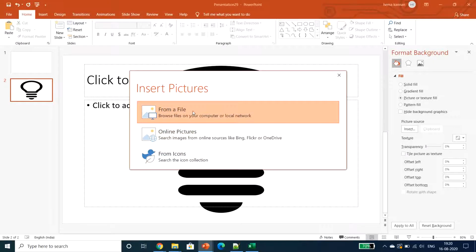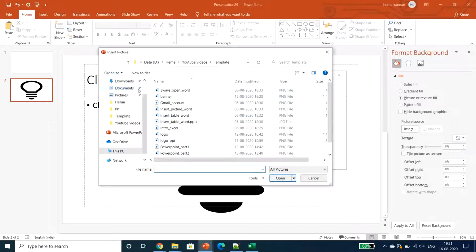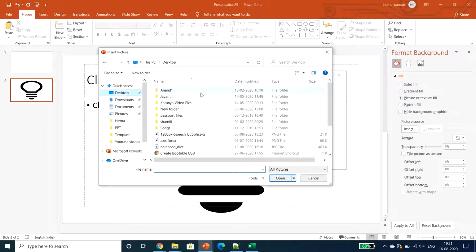From a file is nothing but an offline picture which we already have on our desktop. Online picture is one we need to download from the internet directly, and from icons is searching from the icon collection. So I will give an example of from a file.